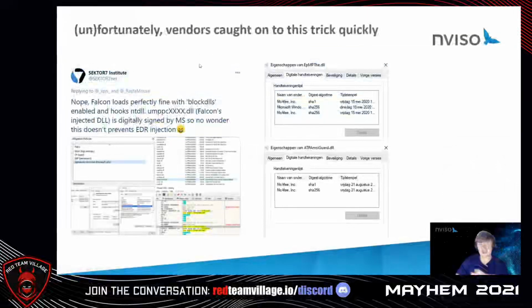As I already mentioned, vendors caught on to this trick quite quickly. You can see here from a tweet from Sector 7 that Falcon loads perfectly with block DLLs enabled and hooks anti-DLL. Well, that's because it's signed by Microsoft, so no wonder this doesn't prevent EDR injection. So if you would check, this, for example, is from McAfee. You'll see that there is indeed an intermediate certificate there from Microsoft. So that